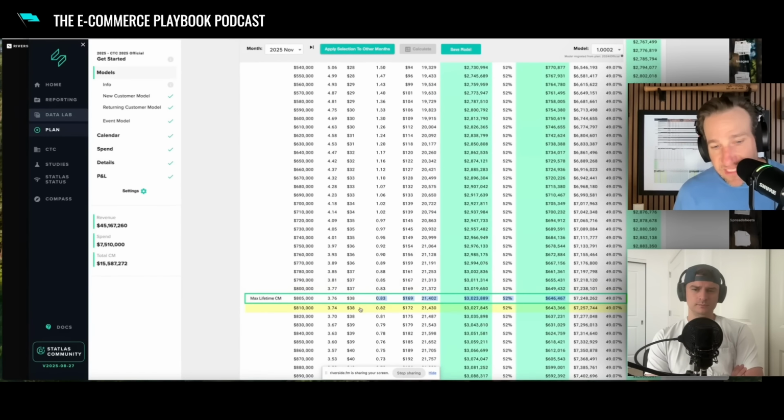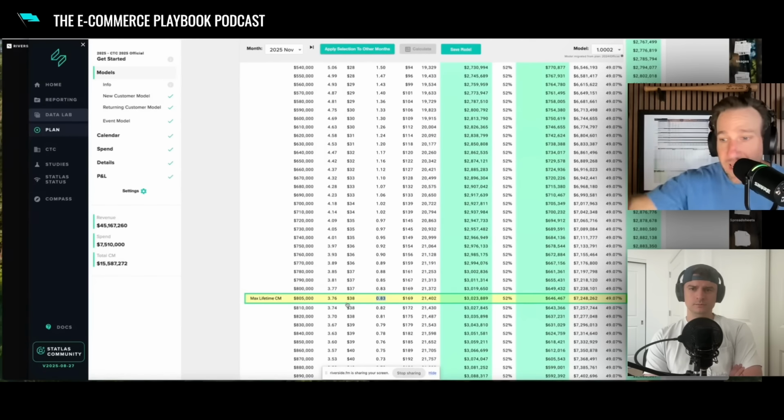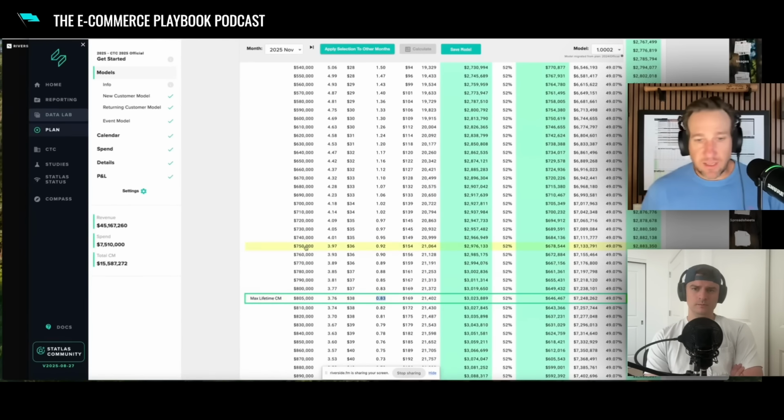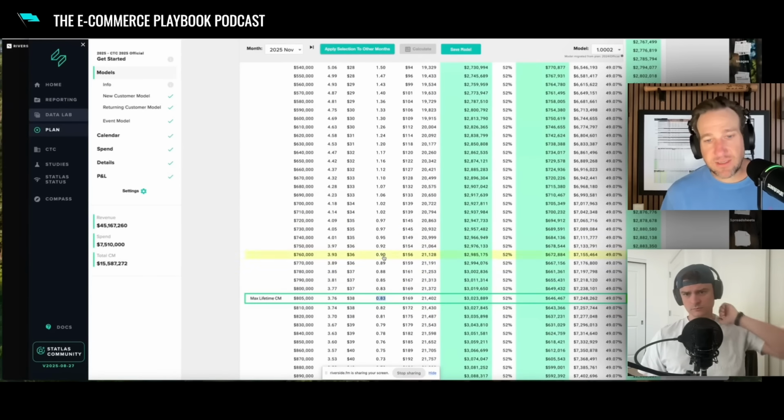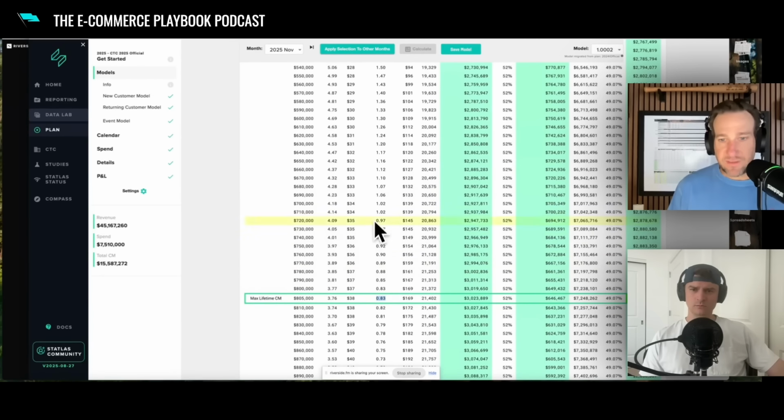But even at this point where it's saying $800,000 would be the right budget, you can see that last dollar in is generating a 0.83 return, where 2.0 is break even. So you're still way out beyond the marginal frontier on that individual dollar, but the total cohort return over time is maximized at that threshold. And so I think a really important thing for people to consider is that these dollars are going to be very negative in terms of their impact individually, but collectively that total value is going to be greatest.